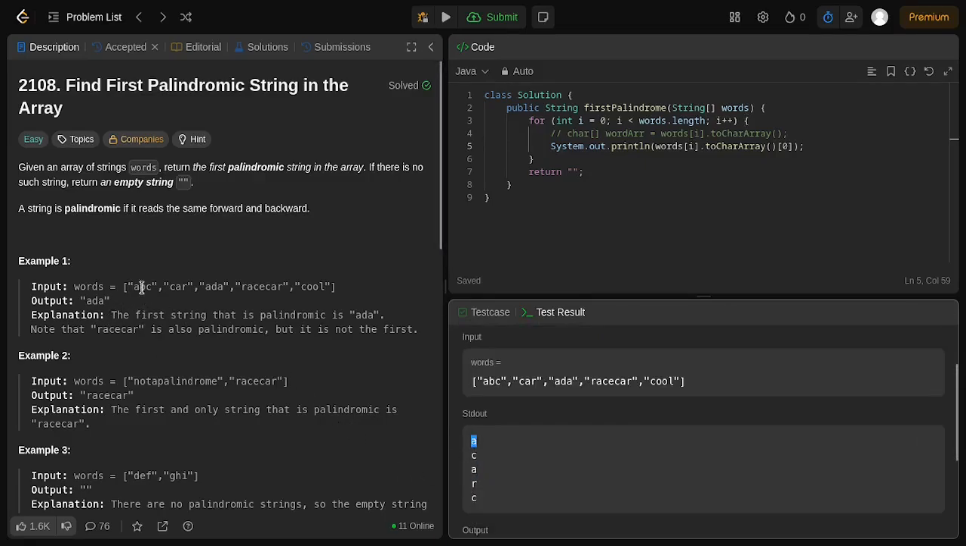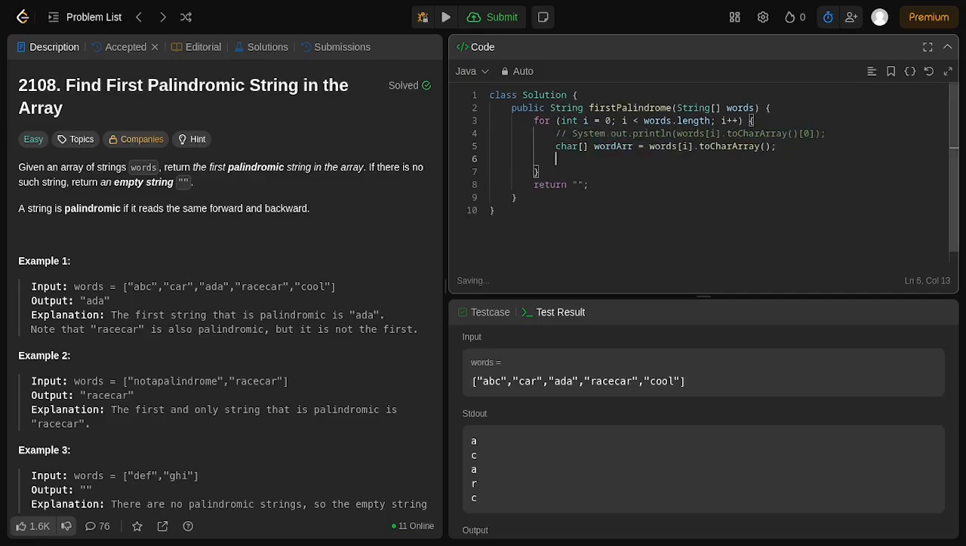It is A right here, and also C, and A again, only the first letter, and then R, and then C right here. I hope you get the idea right here. So let's comment this out. Let's go back to our implementation, and we convert the current iteration of words as the char array, and we